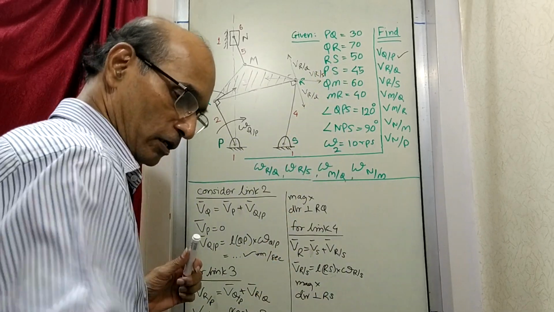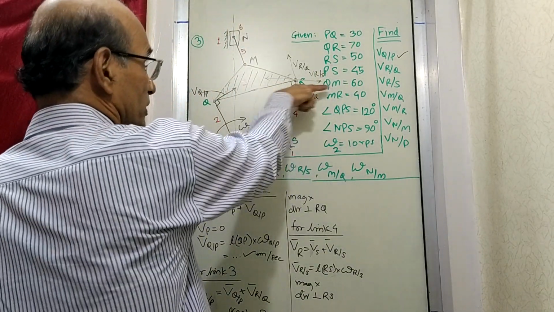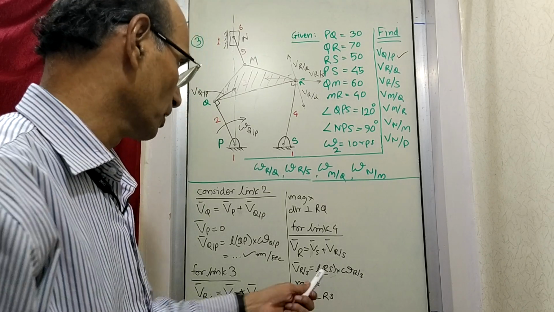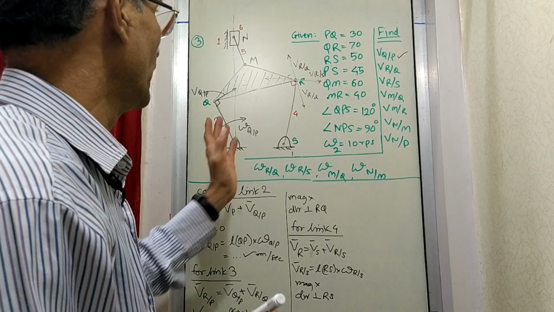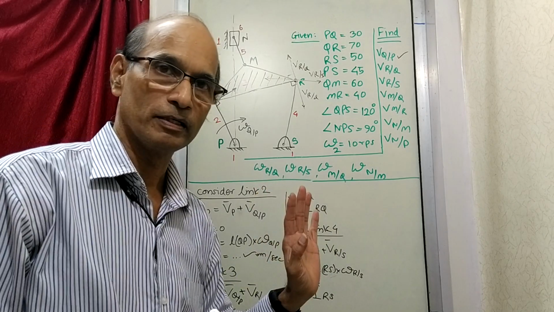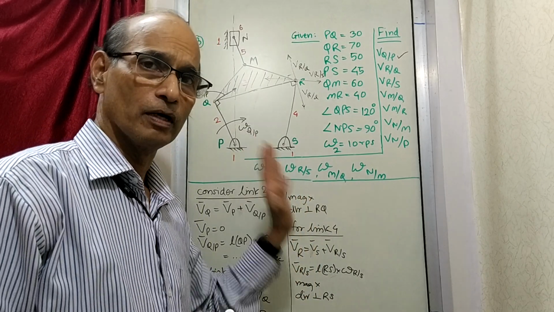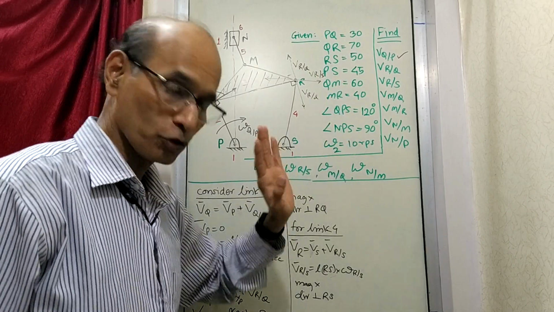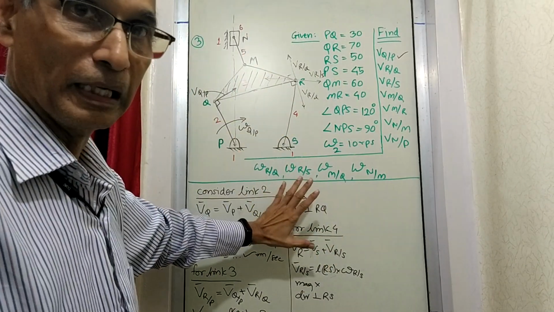But right now we don't know which is correct, whether this is correct or this is correct. So we have to write only up to this much. At this stage you will find that we cannot go beyond this point. So here we take help of the polygon, the velocity polygon. Now write down this much properly.